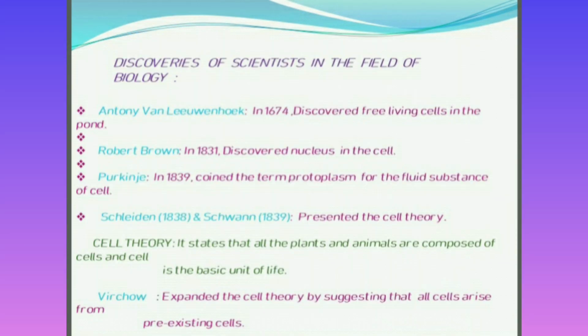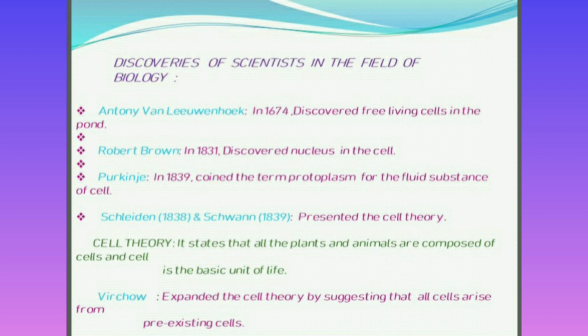Before, we saw Robert Hooke. Now let us look deeper into other scientists who made great discoveries in the field of biology. Antony van Leeuwenhoek discovered the free-living cells in the pond. Followed by Robert Brown, who discovered the nucleus of a cell. We learnt about the nucleus in our lower grades, but in this lesson we'll learn more about its parts and functions. A scientist named Purkinje coined the term protoplasm for the fluid substance of a cell,